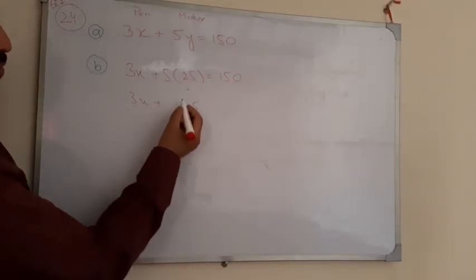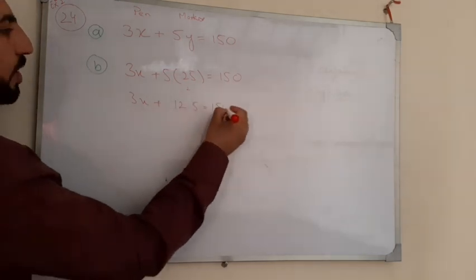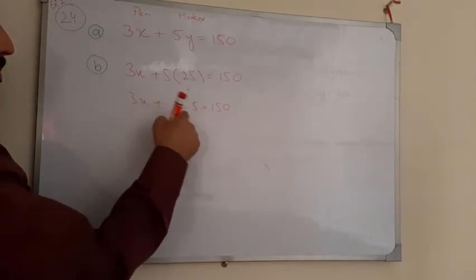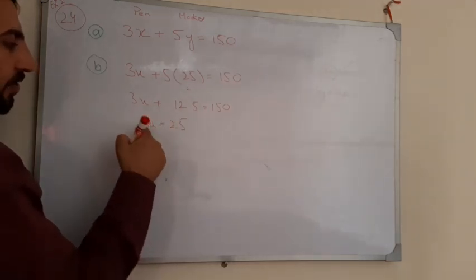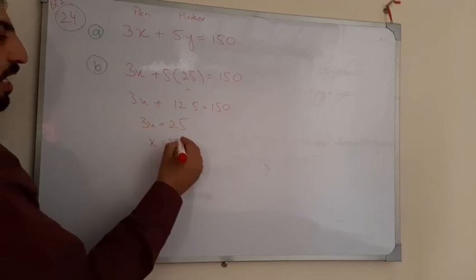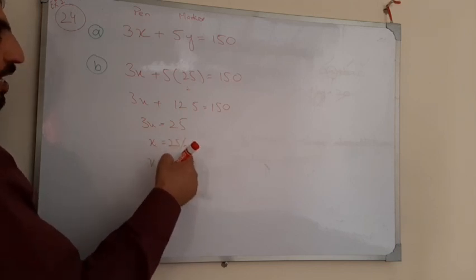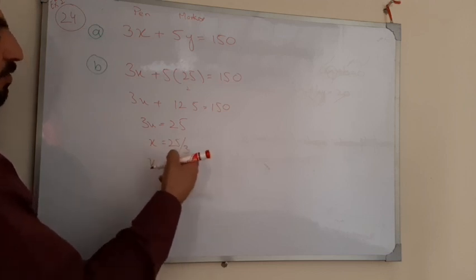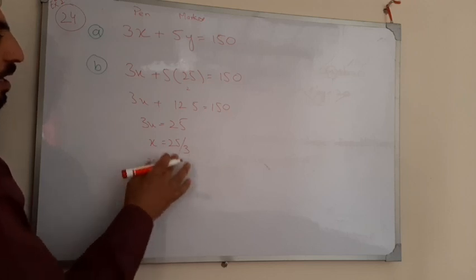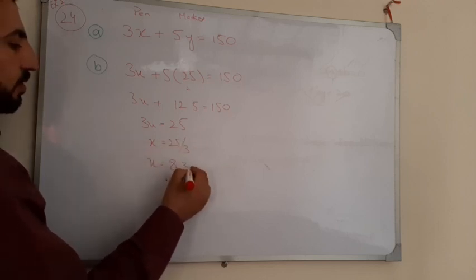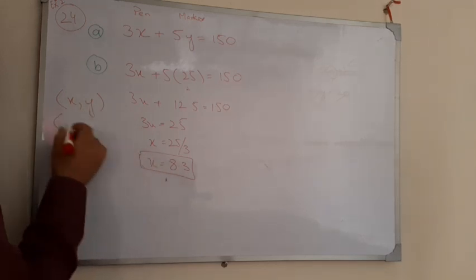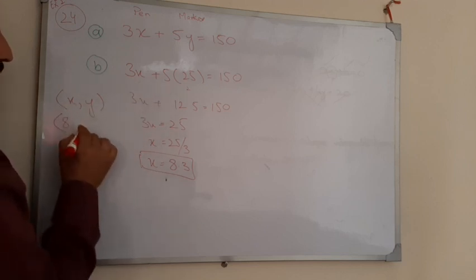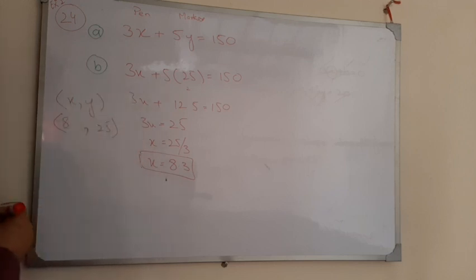5 2 जा 10, 10 and 2 12, 125 is equal to 150। 3x प्लस 125, ये 125 उस तरफ जाके माइनस हो जाएगा, तो 150 से माइनस होके 25 बन जाएगा। ये 3x के साथ मल्टीप्लाई हो रहा है, उस तरफ जाके डिवाइड हो जाएगा। तो x इज इक्वल टू 25 बटा 3, 8.3 समथिंग। हमारे पास हमेशा जोड़ा होता है x और y का, तो x के लगभग 8.3 यूनिट्स आ गए, और y के 25 यूनिट्स। ये उसका b पार्ट था।